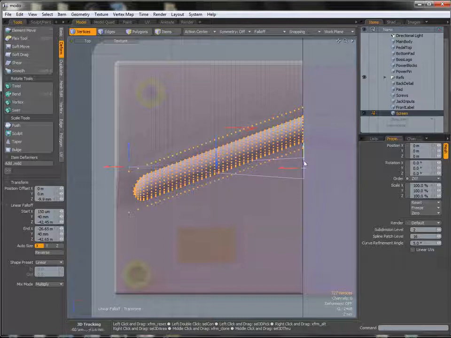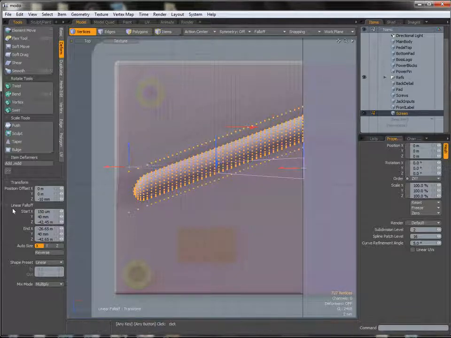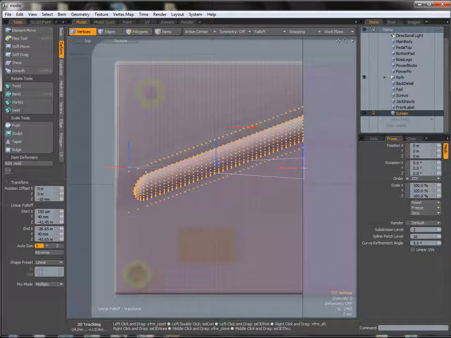And remember, at the big end of the falloff we get 100% of what we're doing to these verts, and at the small end we get 0%. So these at this end haven't moved at all. But you'll notice the linear falloff is, as you'd expect, linear. There is just a straight line between them and we're not getting this curve at all. But if you come down and look in the linear falloff options, you'll see that we've got something called shape preset. At the moment it's set to linear, which is giving us this straight transition from 0%